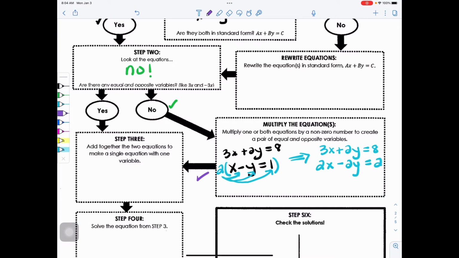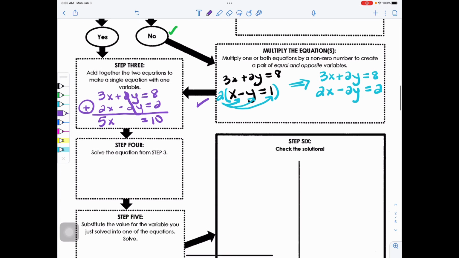So now we can follow our next step to step 3. We're going to add together the two equations to make a single equation with one variable. So now that we created opposites, we can take those two and we can add them together. So 3x and 2x makes 5x. The whole reason we multiplied by 2 was to make opposites so that 2y and negative 2y would completely cancel out, and then 8 plus 2 makes 10. So now following down to step 4,